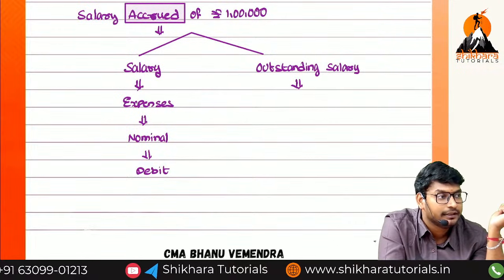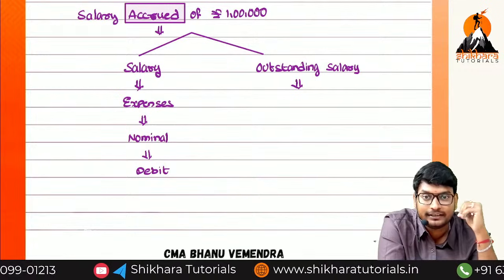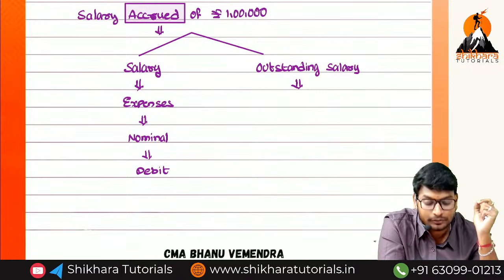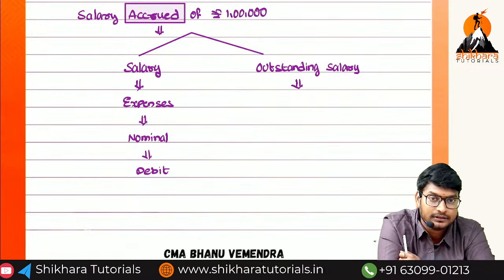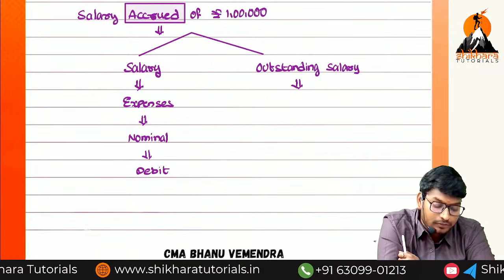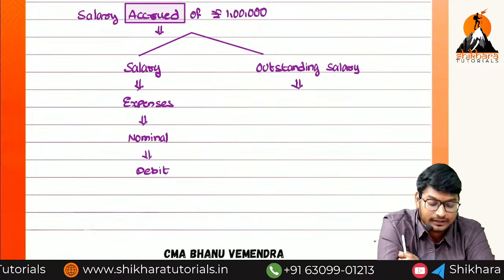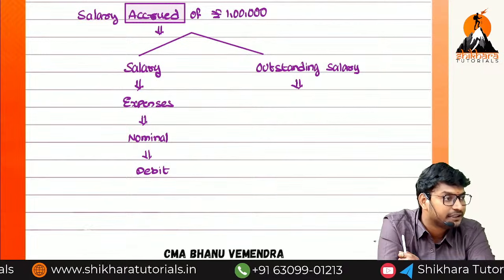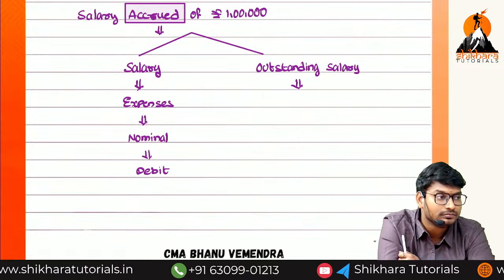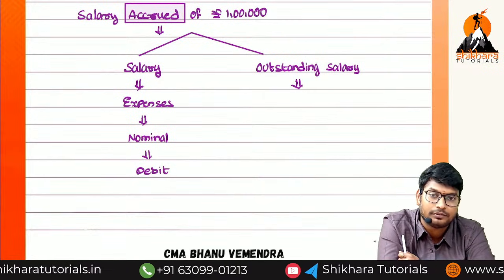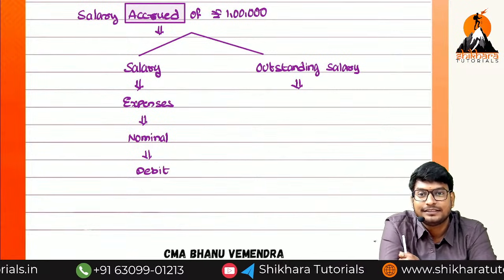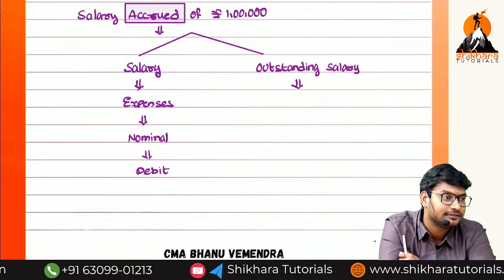It is possible. It will take 2 to 3 pages or 1 day to write all the persons' names. So instead of persons, instead of employees, we are using one dummy account called what? Outstanding. So here outstanding salary is representing something. So outstanding salary is representing what? Employees. That is why this is called what? Representative personal account. Representative personal account means which account rule we have to follow? Personal account rule. What is the personal account rule? Debit the receiver, credit the giver. Then why are we crediting?